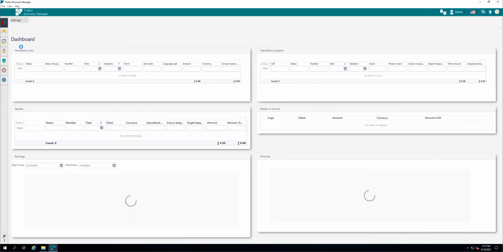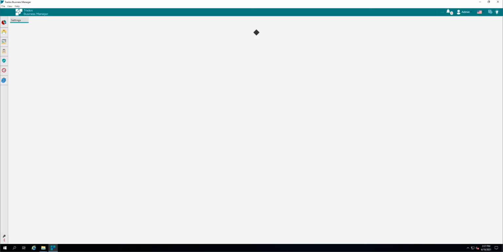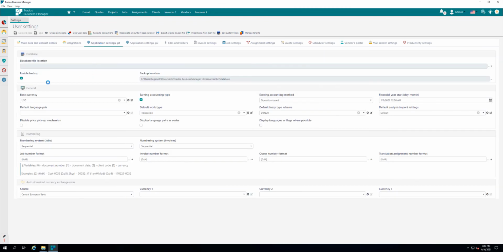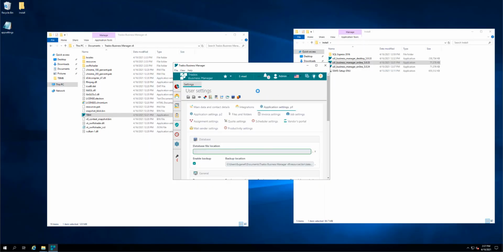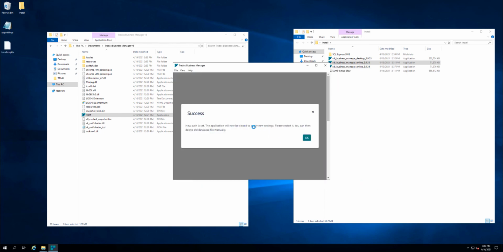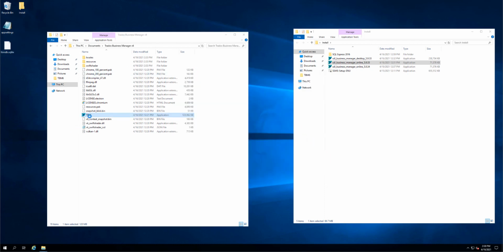and open application settings again, go to page 1 and database file location. I can click the 3 dots here and select a new location. For example, let's go to desktop and select a folder. And we have the confirmation that the new path was set, and you can see that the database file is now here. Okay, and if I restart the application,